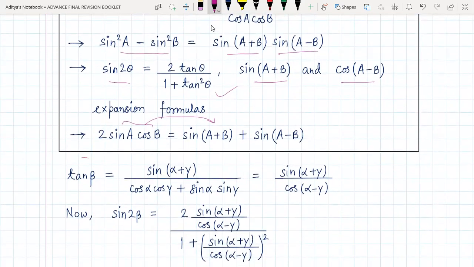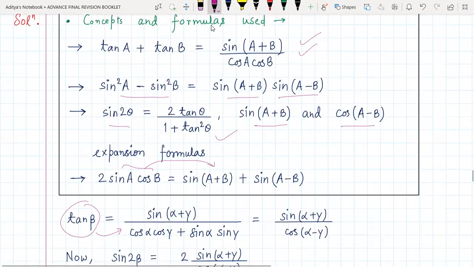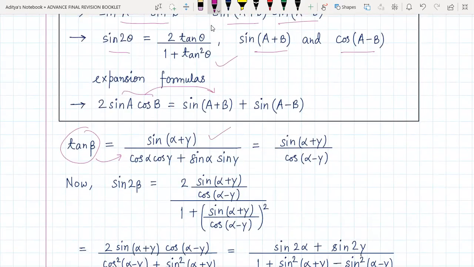Now look, tan beta we are writing in this manner. How have we done this? It's pretty easy. The tan alpha plus tan gamma I have written as sine of alpha plus gamma upon cos alpha cos gamma using this first identity only, and these I have converted into sine and cos. So sine alpha upon cos alpha and sine gamma upon cos gamma. Now I have just cleared the denominator, so it becomes cos alpha cos gamma, and that is exactly what I have written here. Of course, the cos A cos B plus sin A sin B equal to cos of A minus B formula I have applied in the denominator.